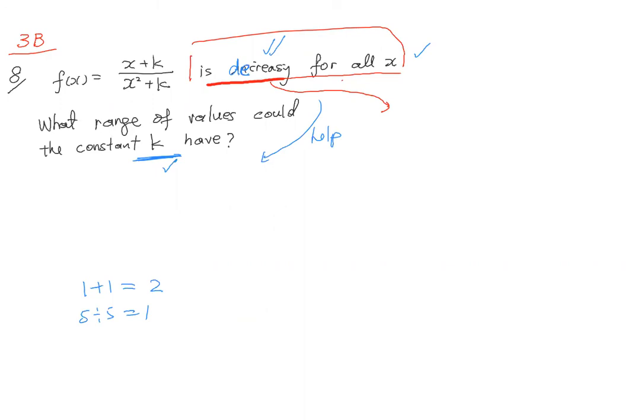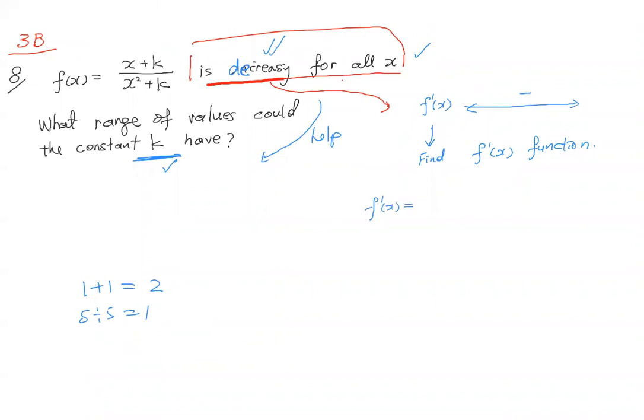So here, I know this. F prime x must always be negative. So that is how I interpret. So now, what I need to do next is find the f prime x function. So now you find the f prime x function. So f prime x equals,